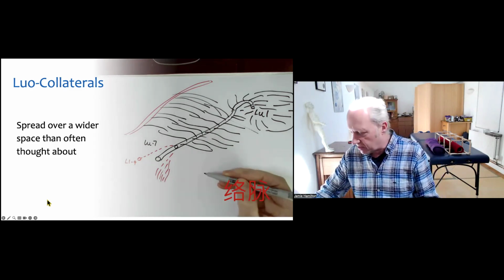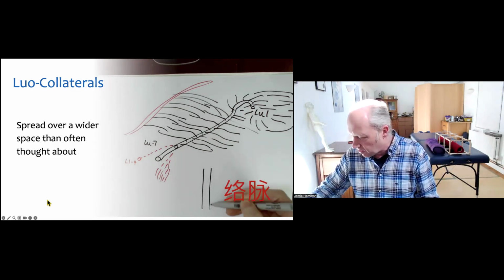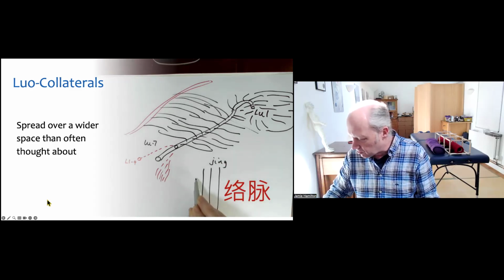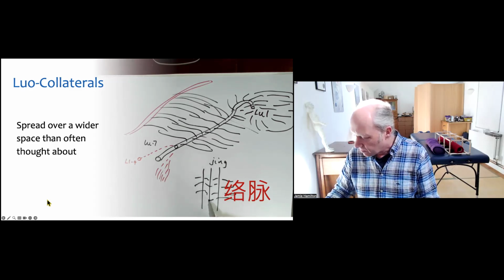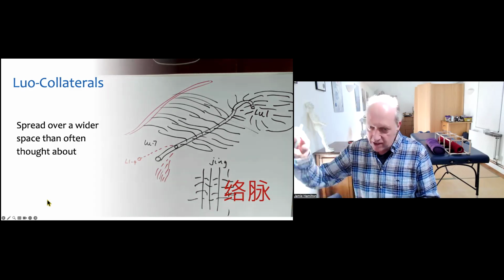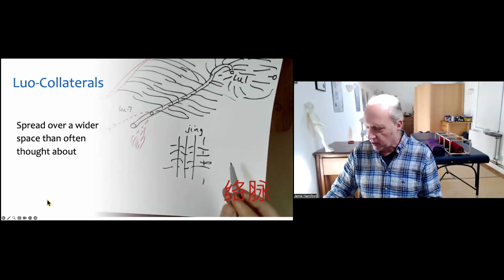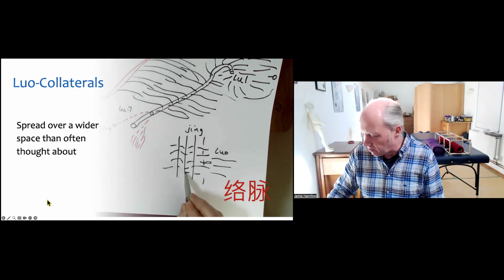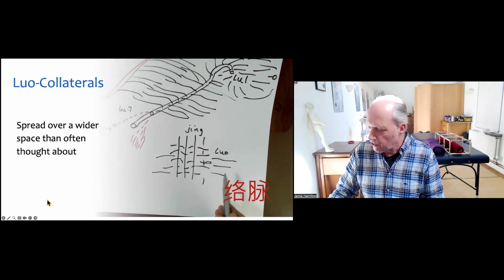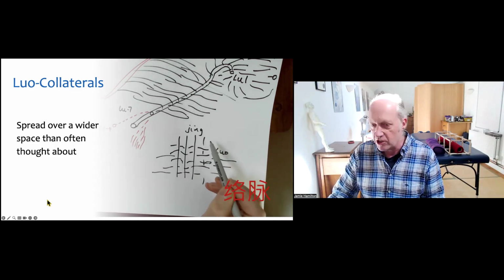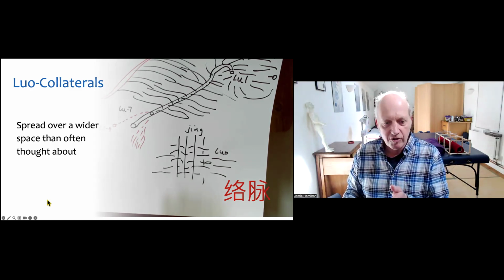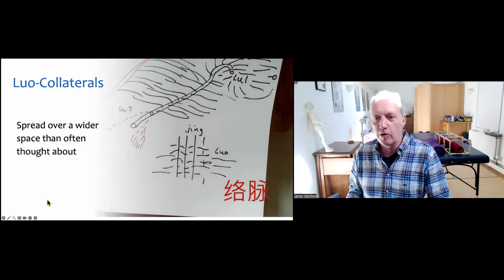It also follows this idea, which you might have seen, that the vertical lines of the body are called the Jing, and then the horizontal are the Luo. This is called the warp and the weft. The Jing are the vertical channels for weaving, and the Luo are the horizontal ones that interlink. So basically, if you treat the Jing and the Luo, you're treating the whole system, like you're treating all of the channels of the body.